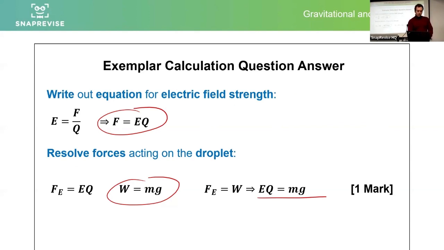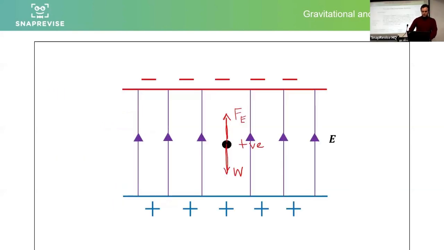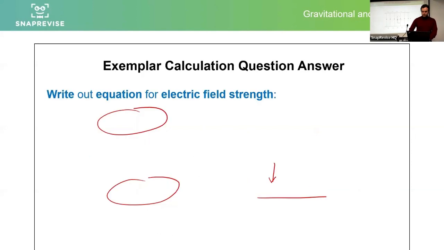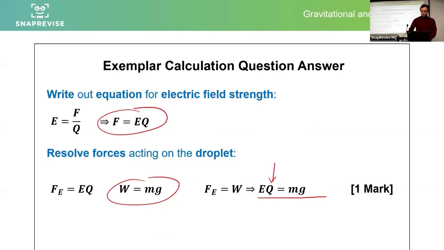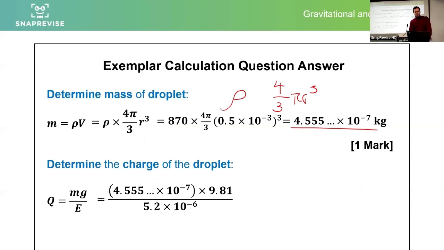What else did we need? We want the charge. We are ultimately after this little fella. We are told the electric field strength, I believe. Yep. So we know this, we know this, we now know this. Okay, we're in a perfect position. Determine the charge of the droplet, mg over E, sub it all in. 0.859 coulombs. Yep, something on the order of coulombs is totally reasonable. If it was 2